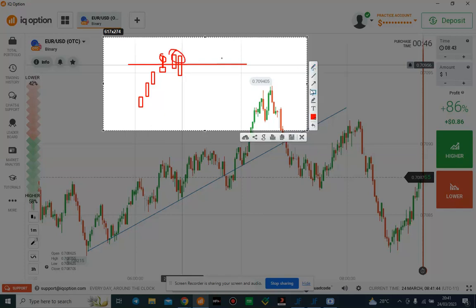Then the next one, which usually occurs, is when we have a green candle approach the resistance. Then we have a small, tiny doji or a spinning top. Then immediately the next candle forms red. This is also called a false breakout. If the market just forms a spinning top like this, then comes back and retests this level,